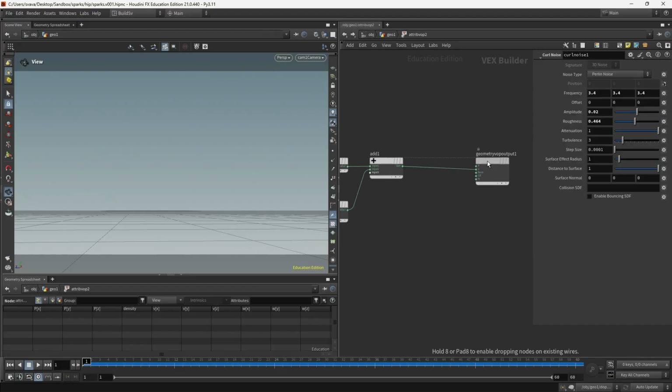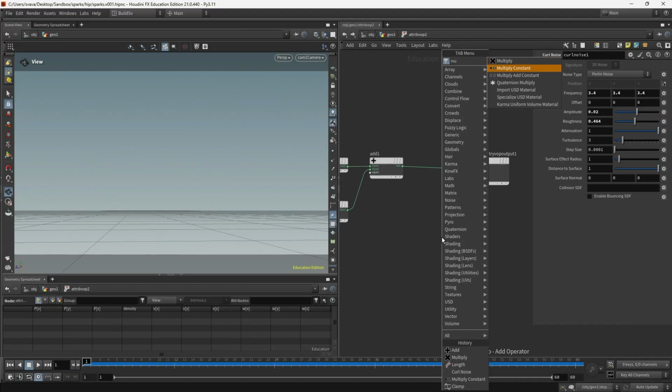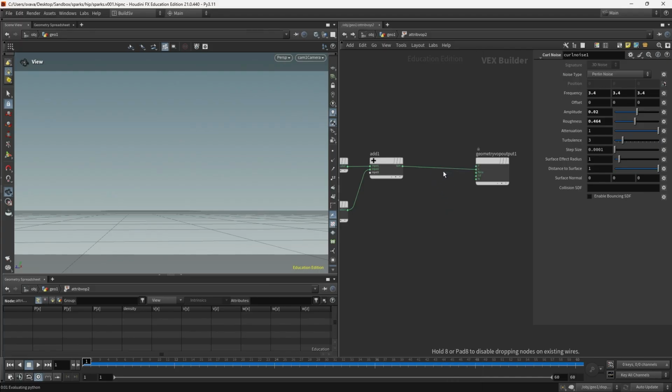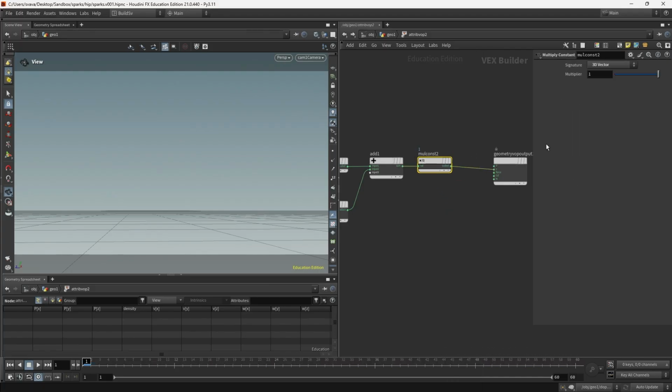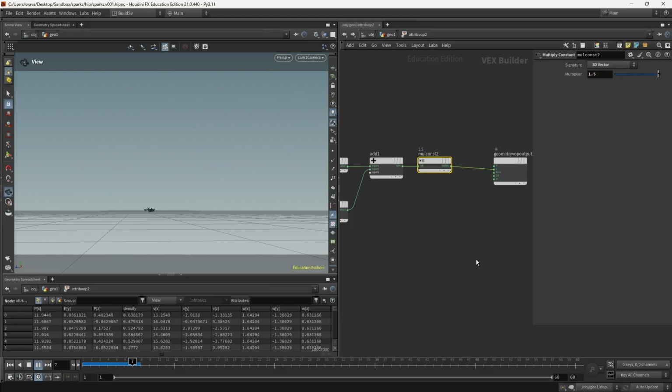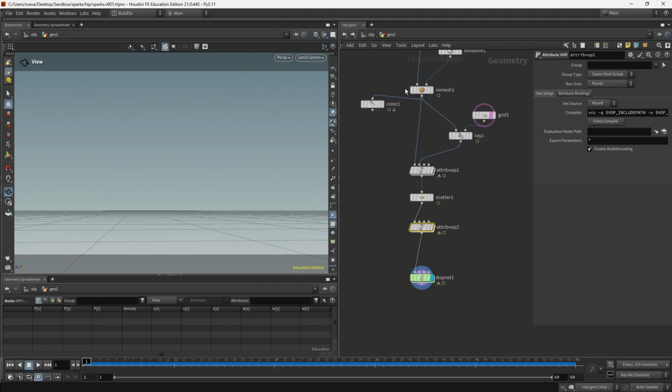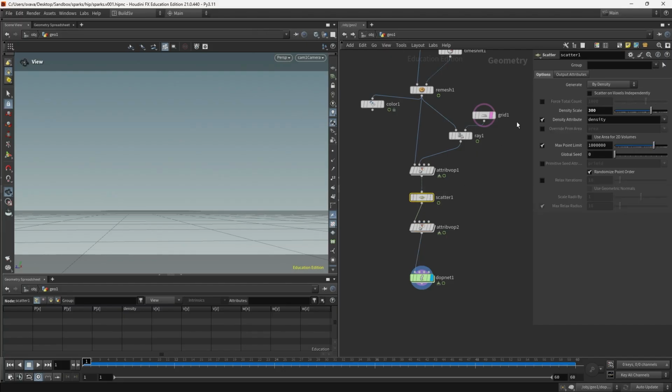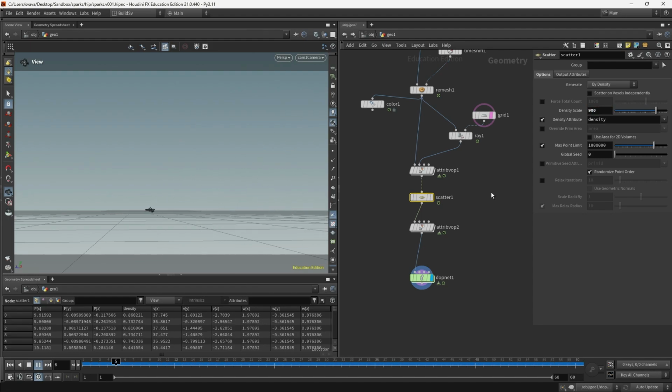And here at the end, I'm going to put down a multiply constant node. And let's just multiply it by 1.5. And let's see how this looks. Something like this. And then maybe we want a few more points. So I'm going to increase the density scale of the scatter to 900. Something like this.